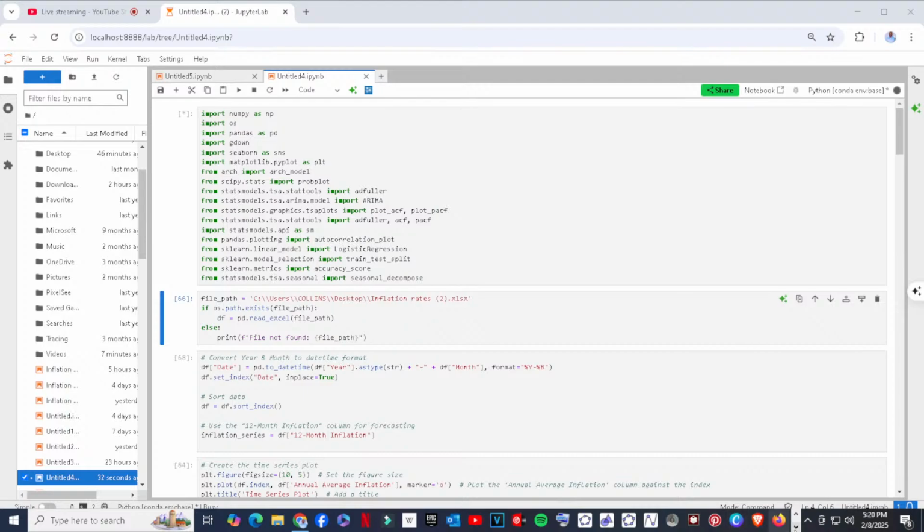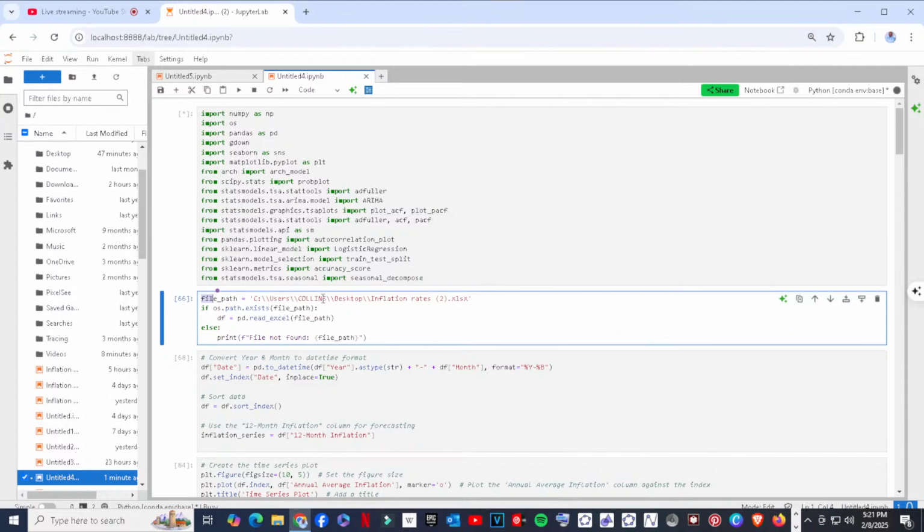It simply specifies that it's a code instructing it to check, because this here provides the file path. So I'm asking it to check if my file called inflation rates exists on the desktop. And you can see that I've given the path because desktop is on the local disk, which is C. And then we go under users. Under users, you choose Collins.